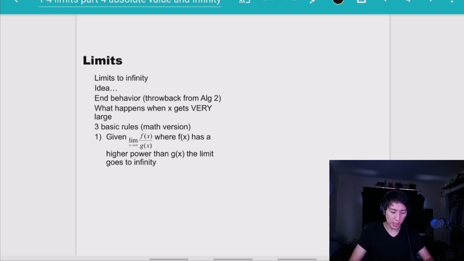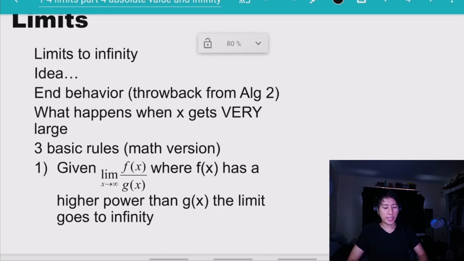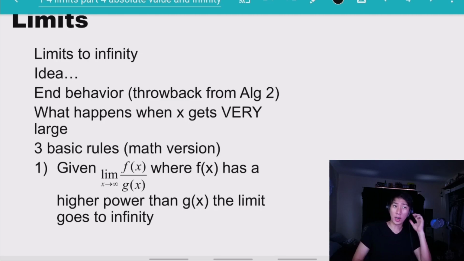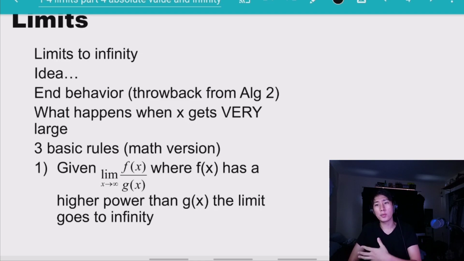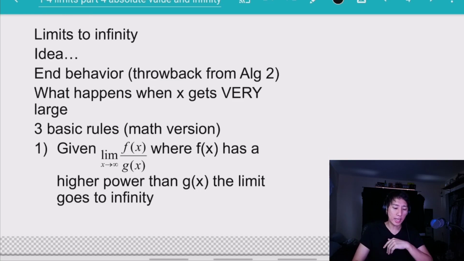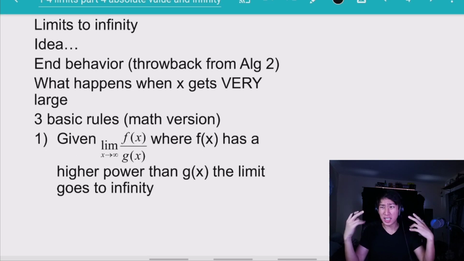All right, moving on. So the next thing we're going to talk about is limits to infinity. Now, there are a couple of major ideas here. Number one is what happens when the limit as x approaches infinity. And secondly, what happens when you take the limit and you get a number that is, quote unquote, infinity. So what we're going to talk about today is mainly we're going to think a little bit in terms of